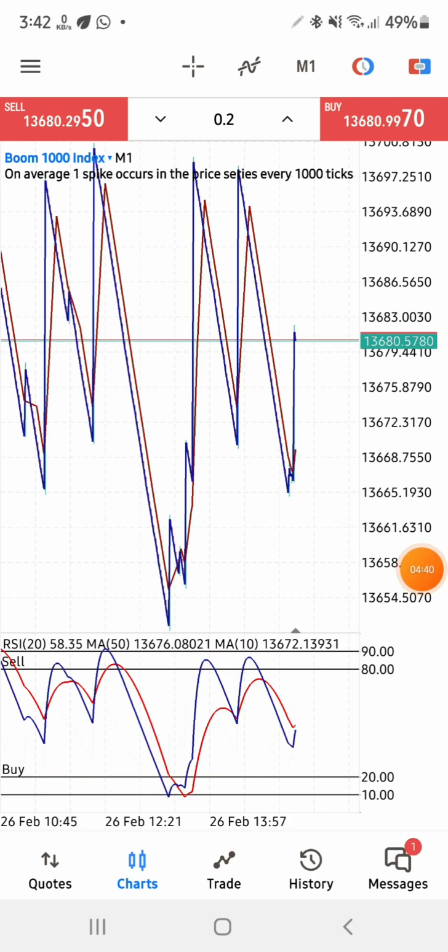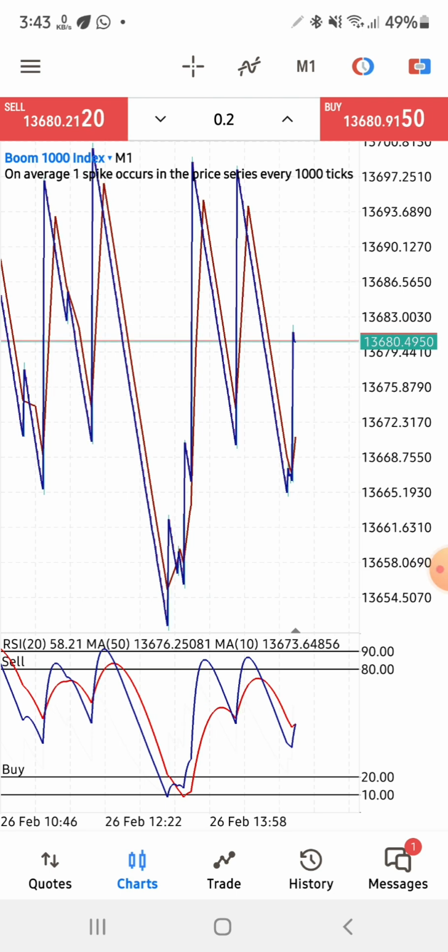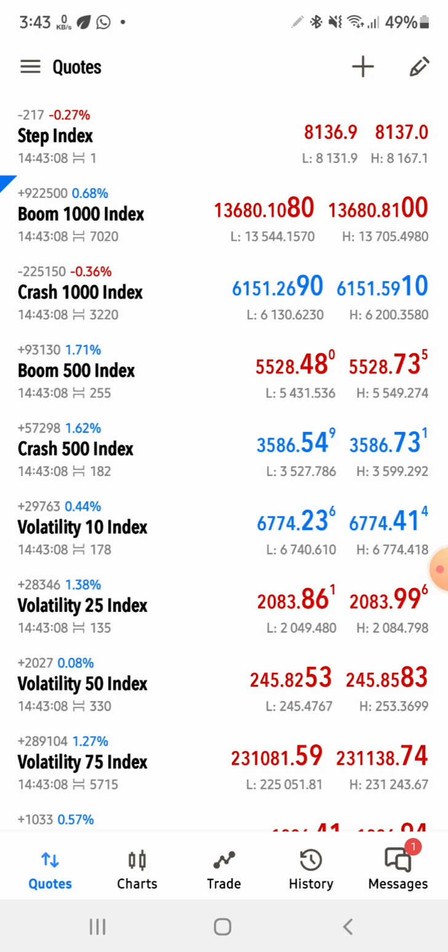As you can see, we are still having more spikes. But then again, we are catching spikes, so we are only buying Boom and only selling Crash to catch spikes, right? So then again, if the market is on a trend, a bearish trend, or let's say a bullish trend,